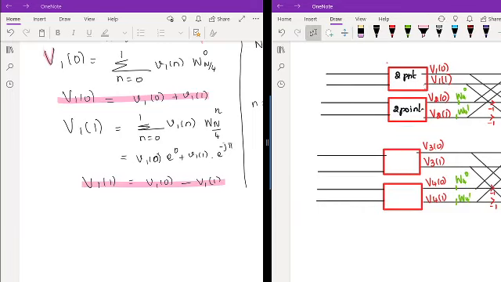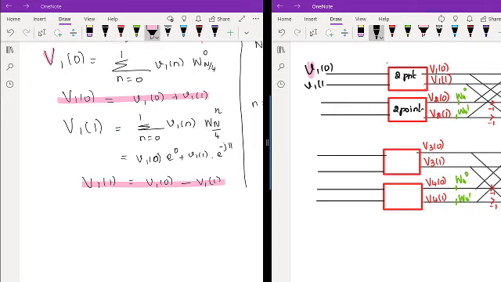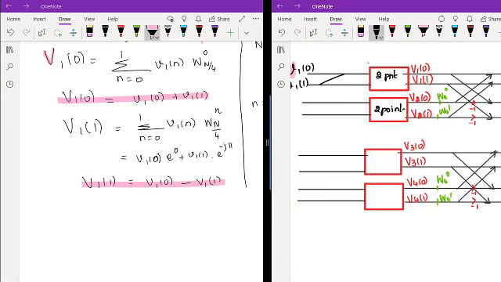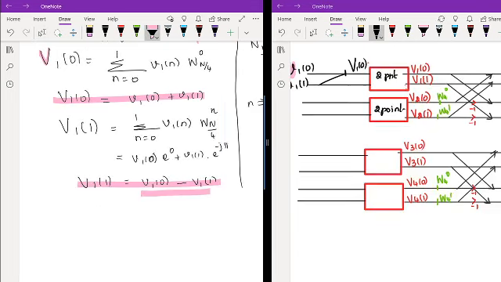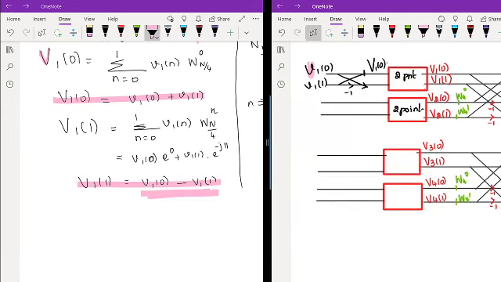So now how do we calculate this 2 point? That is, V1 of 0 is calculated from V1 of 0 plus V1 of 1. So when you are adding both, we are getting V1 of 0, and when you are subtracting V1 of 0 with V1 of 1, I am going to perform the subtraction. So V1 of 0 minus V1 of 1 is equal to V1 of 1.